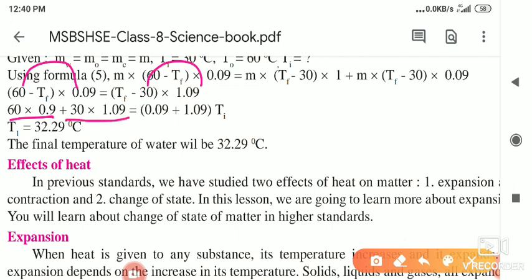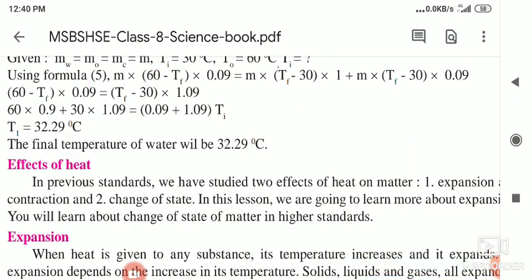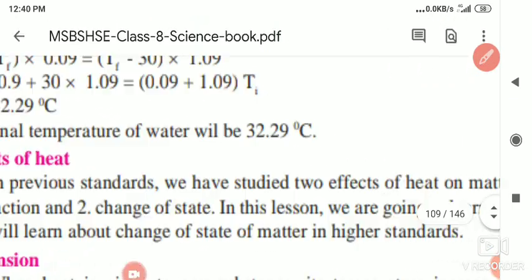Now the T final into 0.09, we have to take to this side of the equation, 0.09 T final, and the multiplication of 1.09 into T final, that is plus 1.09 T final, will come towards the right side of the equation, and from this, T final, just take it common outside. T initial is given, sorry, and here it is, and the remaining terms addition, and when we solve this